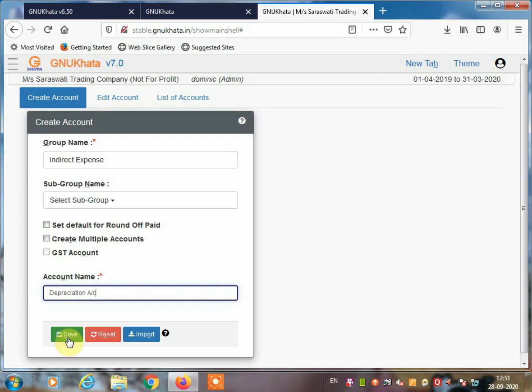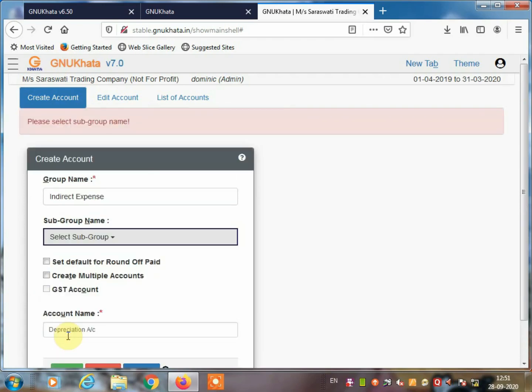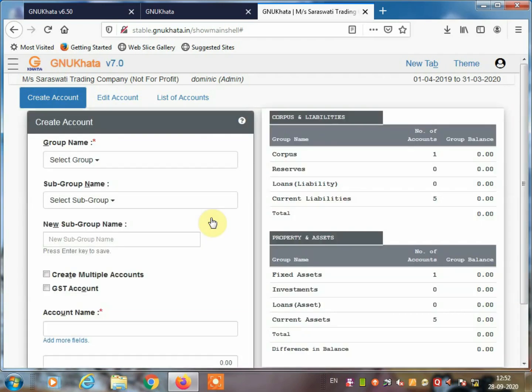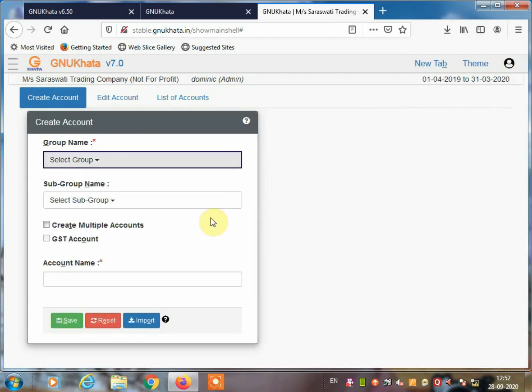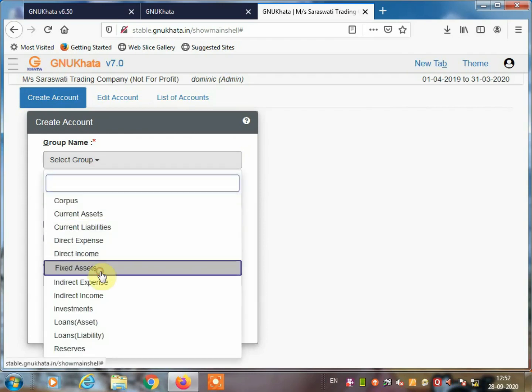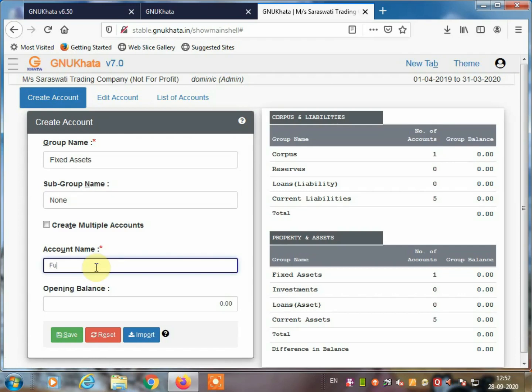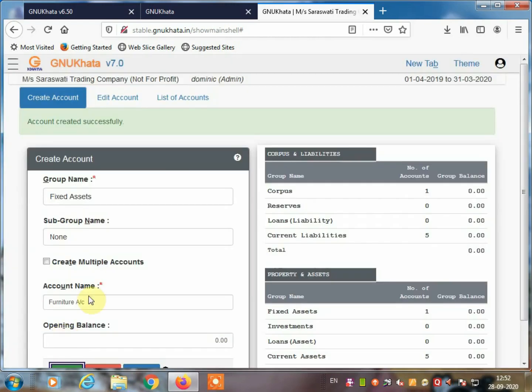Click on save. Account created successfully. Okay, next we are going to create a furniture fixed asset, account name furniture. Click on save. So here also account created successfully.